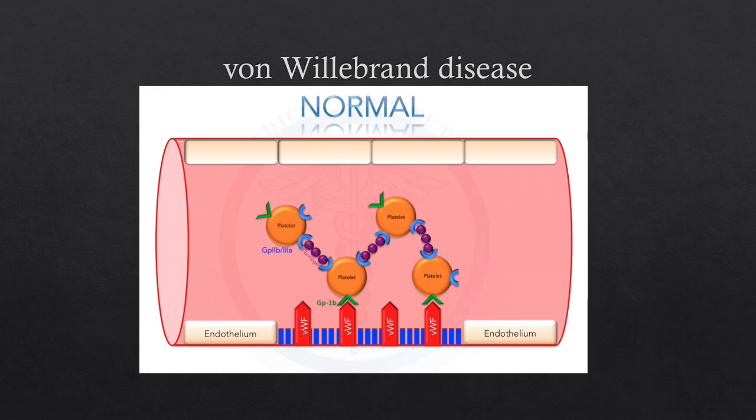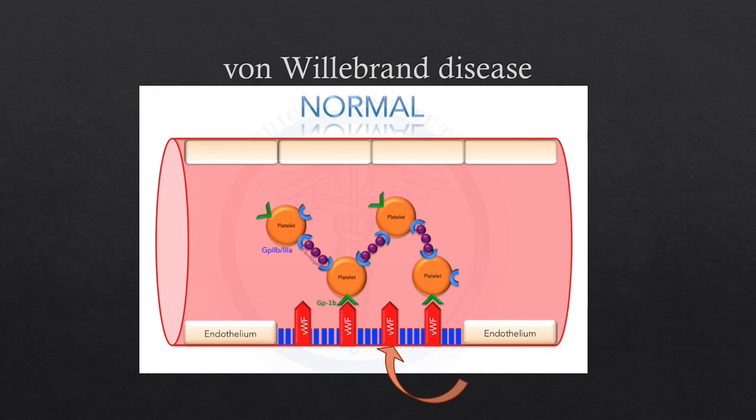So one of the diseases is von Willebrand disease. Von Willebrand factor is a factor that is found in the endothelial layer of the blood vessel. It is responsible for carrying factor 8, and also for the adhesion and aggregation of platelets. So what happens is, when this is a normal